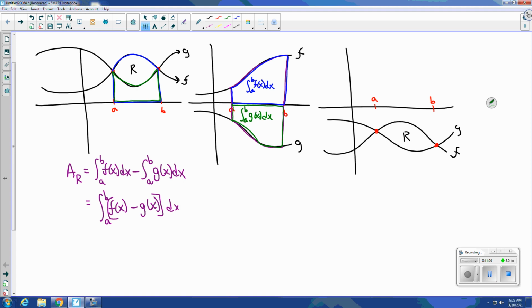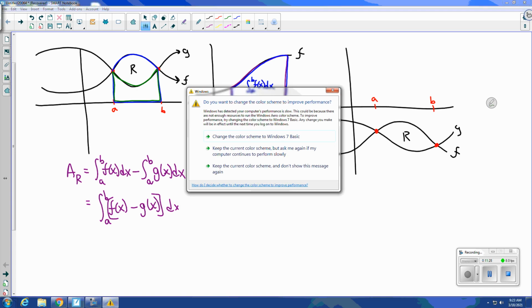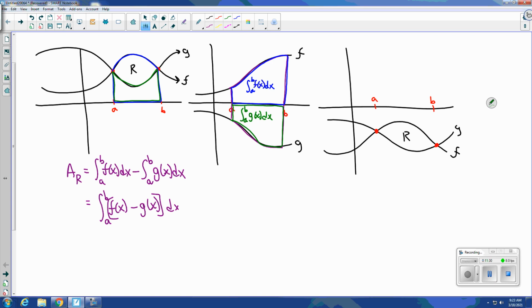And the reason I bring that up is because at the beginning of the video, when we reviewed what the integral tells us, we know that this area in blue is going to be positive, but that area in green is going to be negative. So how do we get that blue plus the green to be a total positive? Well, knowing that that area is going to be negative, if we still subtract a negative, we'll get a positive value in total. So what we're going to do here to calculate that area of space,